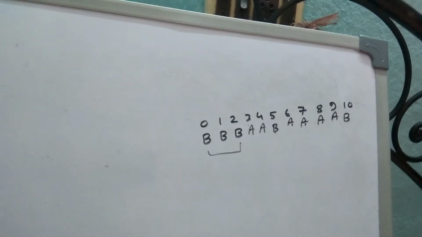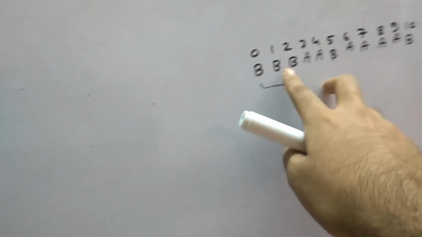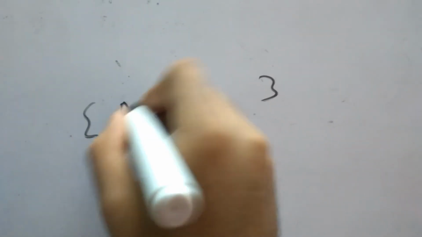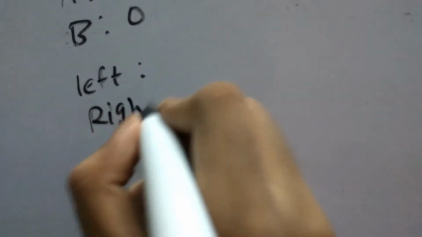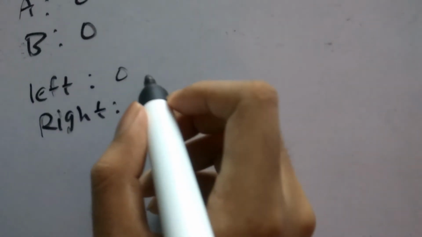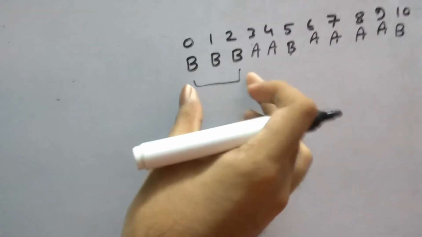So now we will be using the two pointer technique to store the occurrences. First of all, we will be using one dictionary here. First count of A is 0, first count of B is 0. So let me erase it and write it in such a way that we can dry run our code easily. So A, B, first they are 0 and 0, and here we will be taking 2 pointers. One is left, one is right. So first left is 0, and because our substring is of length 2, our right pointer should be 2. So here you can see from 0 to 2.